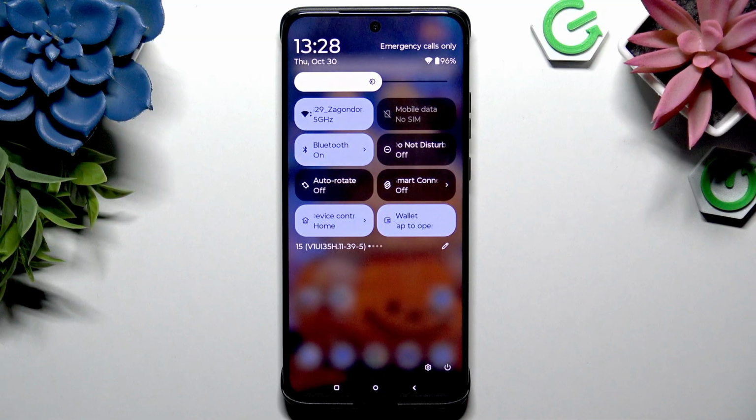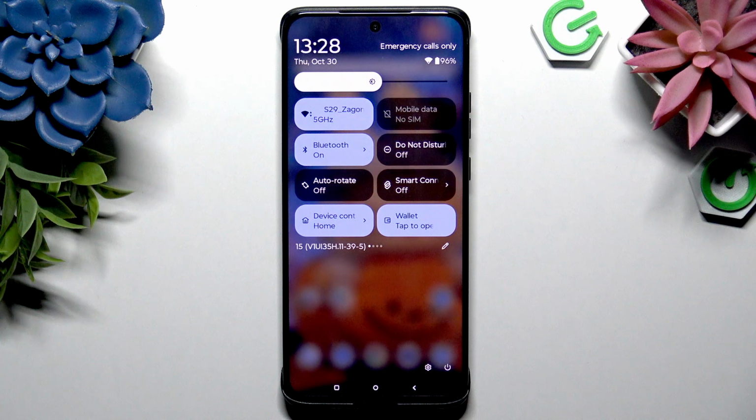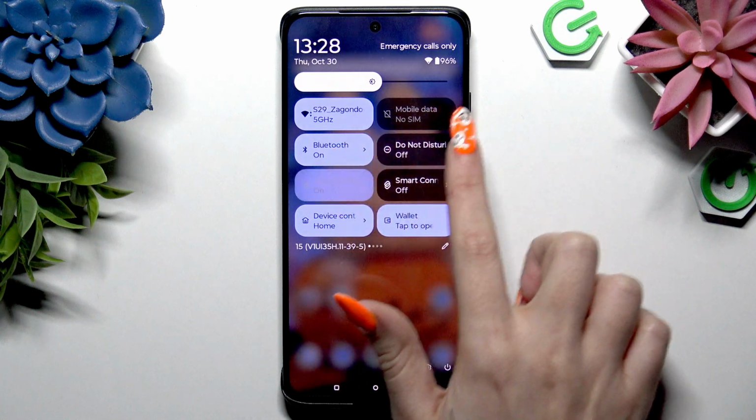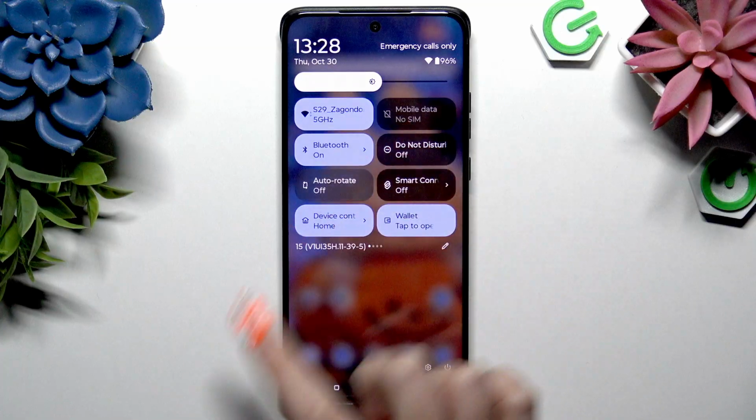Then look for Auto Rotate shortcut, and when you find it, click on it. As you can see, mine is here, so when I click, it turned blue. That means that auto rotation is enabled, but you can always disable it by tapping on the same shortcut until